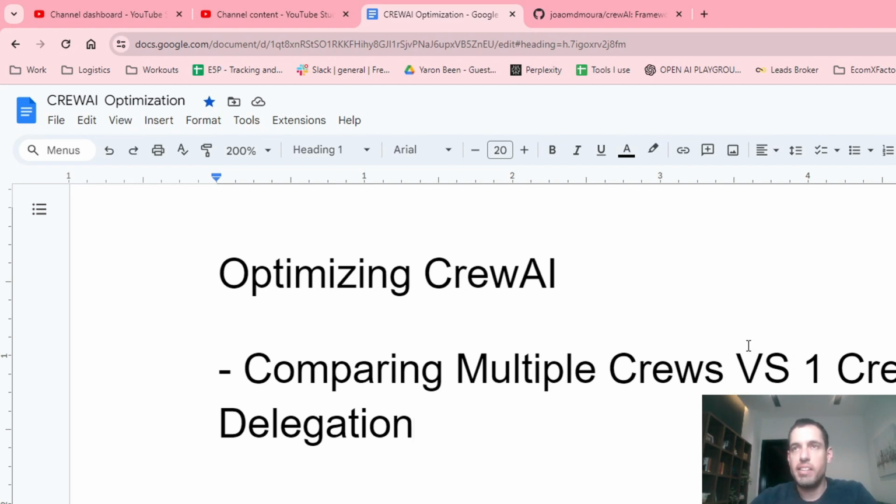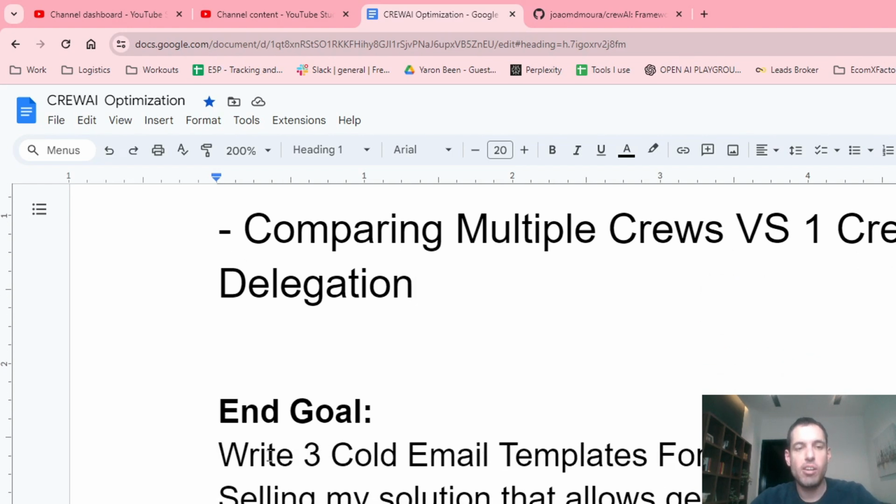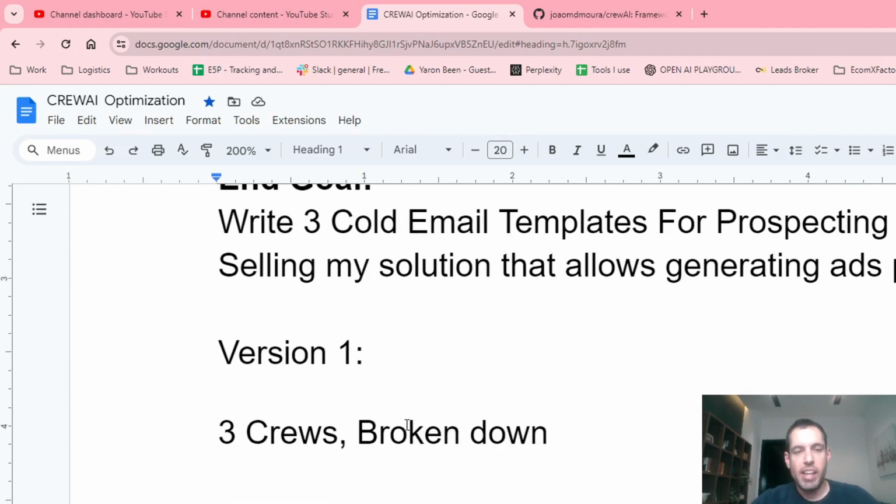And delegation ability is basically, it's pretty straightforward, when you assign delegation abilities to a certain agent. So let's dive deeper into this. The end goal, as I said, was to write 3 cold email templates for prospecting CMOs, selling my solution that allows generating ads programmatically. The first version